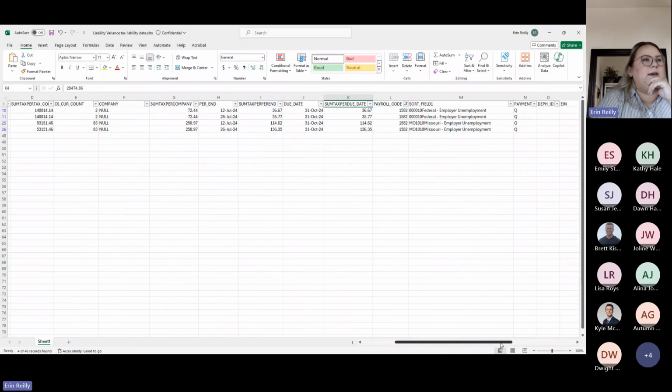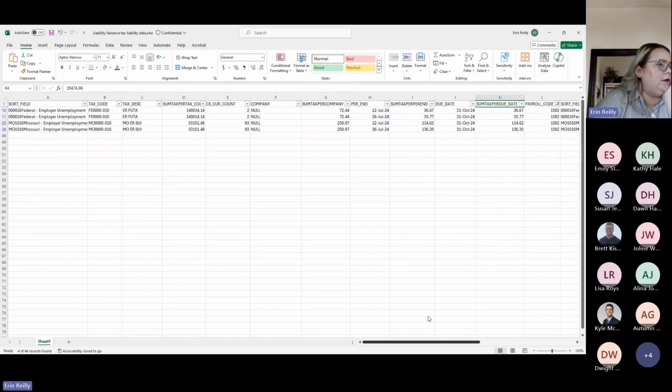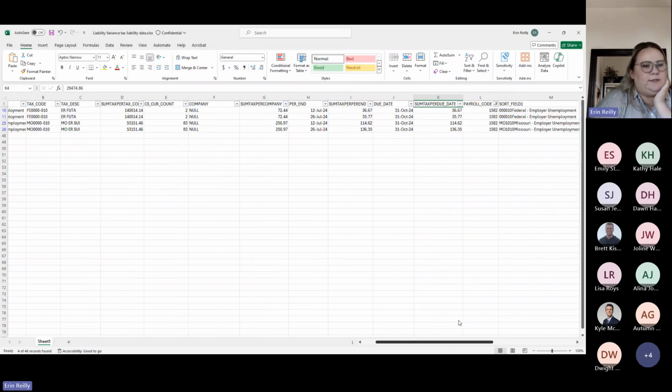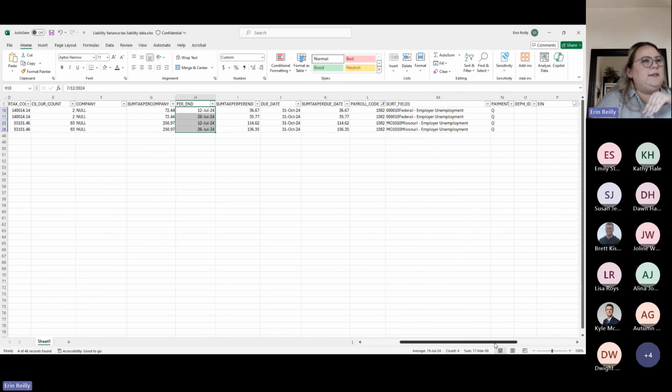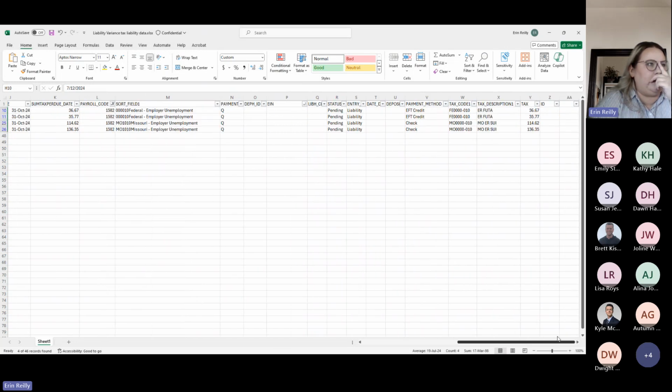And I'm going to see everything that's outstanding here. So we have outstanding liabilities that have a future due date, 10/31/2024, and period ends, it looks like just through July there. So to me, that indicates we have some federal unemployment and Missouri unemployment pending transactions that are due